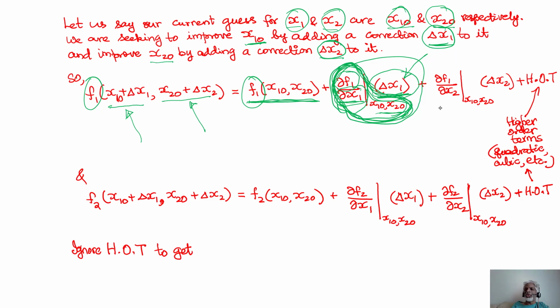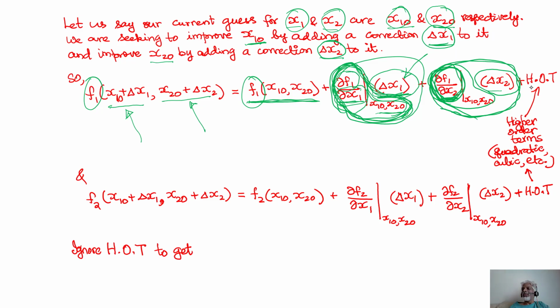A similar idea holds for x2. So I'm trying to see here with this expression, what is the change in f1 for a very, very small change in x2. So that is given by the sensitivity here. So that sensitivity or gain is multiplied by the actual change I'm going to make in x2. This term that I'm circling is going to give us the change I expect in the value of f1 because of the change delta x2 I'm going to make in my x2 value.